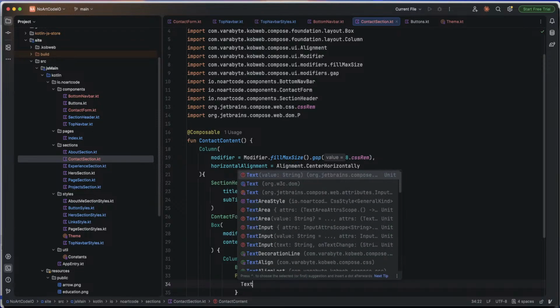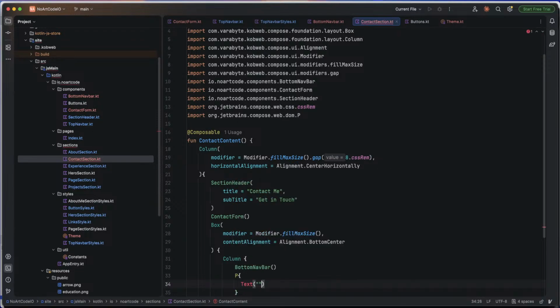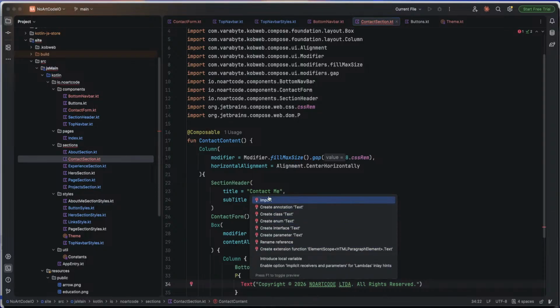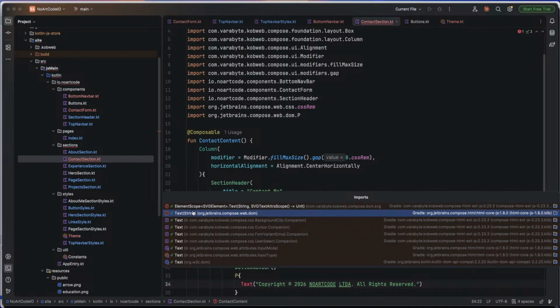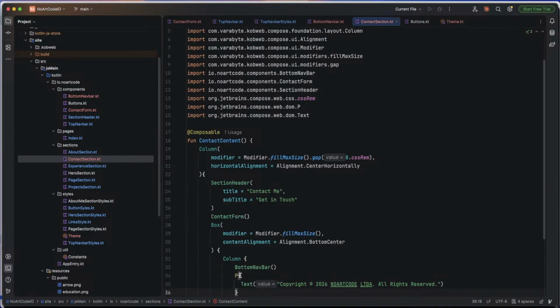And we're going to put text here. Text is this thing, copyright 2026, Noart Code LTDA. All rights reserved. Oh my god, just place the text. Yes, that's good. I guess text,